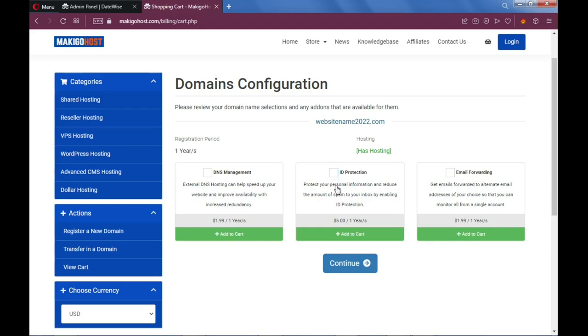Now with ID protection, your data is protected on the internet to prevent spam into your inbox. So if you want this, you can go with that, but if you don't need it, please just click on continue and forget about these 3 add-ons. Okay, but I will advise you to go with ID protection. It will save you a lot of email spam. So just click on continue if you don't need it. Okay,